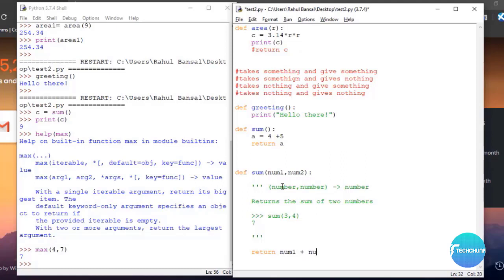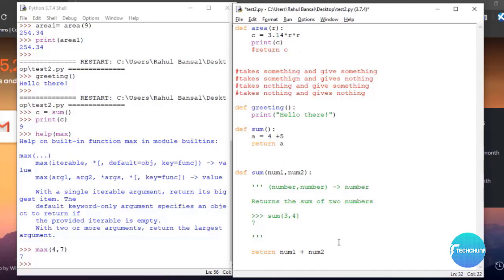Now it returns num1 plus num2, and you see here we have written this num1 plus num2 instead of firstly assigning it to some variable. We directly use it here in the return statement. We can do that. We can directly write expressions after the return. It will evaluate those expressions and calculate some value and then return that value. So here we don't need to write c. We can just simply use this expression after return and it will return the same value.